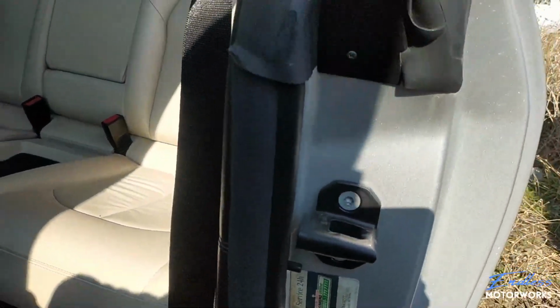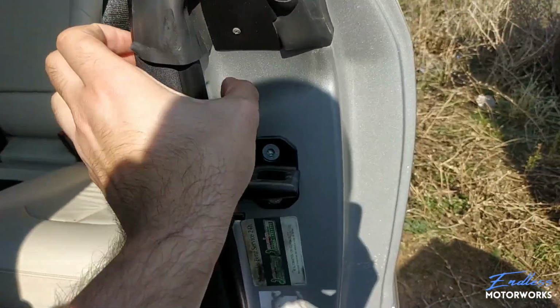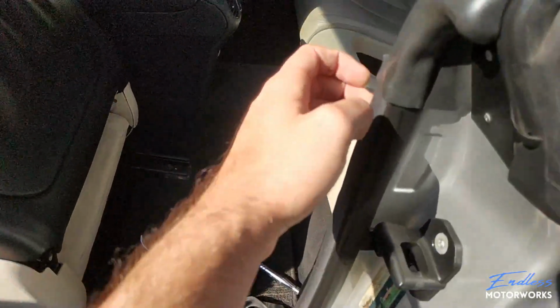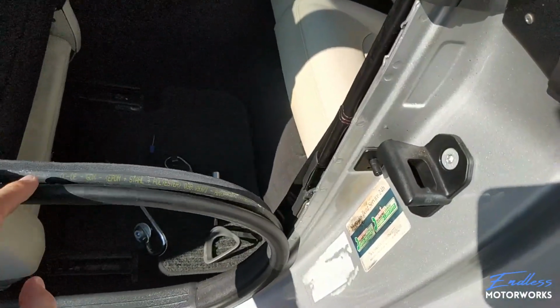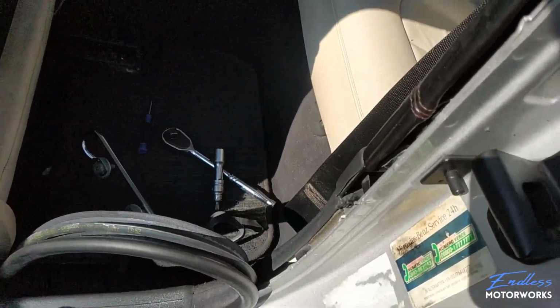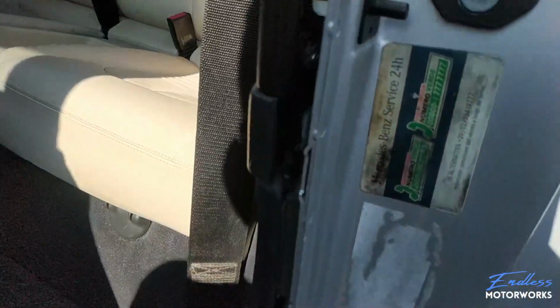What you need to do here is you need to grab this little piece of rubber. Just grab it by the back side and pull it forward, just like this. You don't need to take it all the way out, you just need to have it like this. Stick it somewhere so it's out of the way. Now you can see here